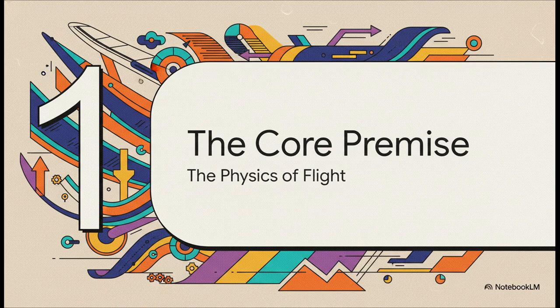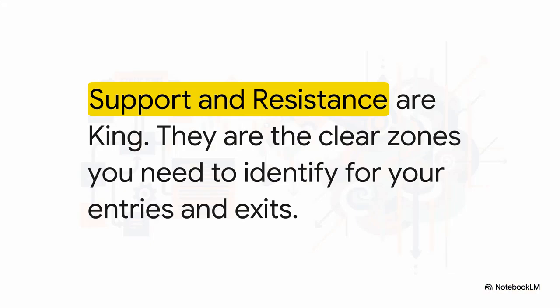You can think of these as the basic laws of physics for our trading. These aren't just suggestions, okay? This is the stuff that governs our entire flight plan. Everything, and I mean everything, starts right here. Forget all the fancy indicators for a minute. We have to identify the most simple, objective levels on a chart: support and resistance. These zones are our ground and our ceiling. They're the clear boundaries where we expect price to react, giving us logical places to plan our trades.